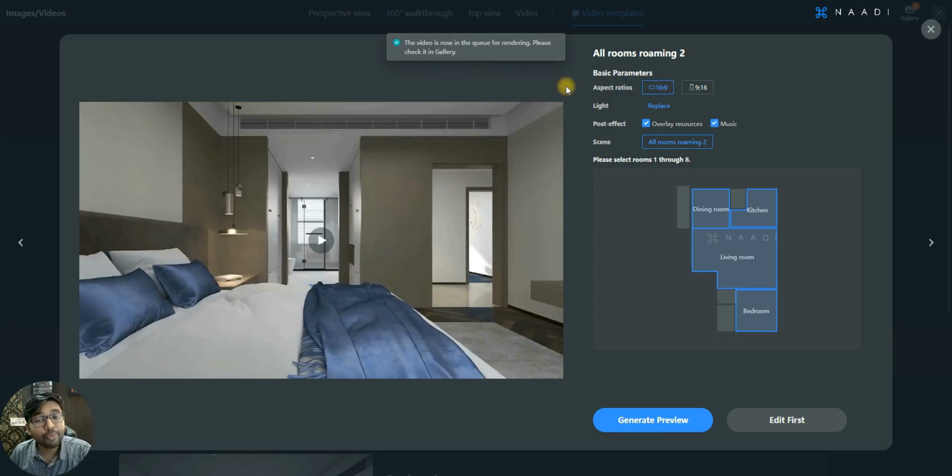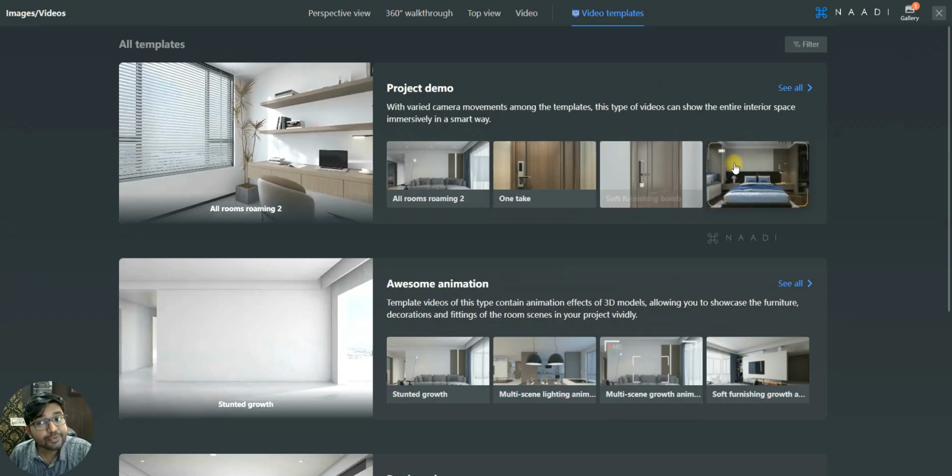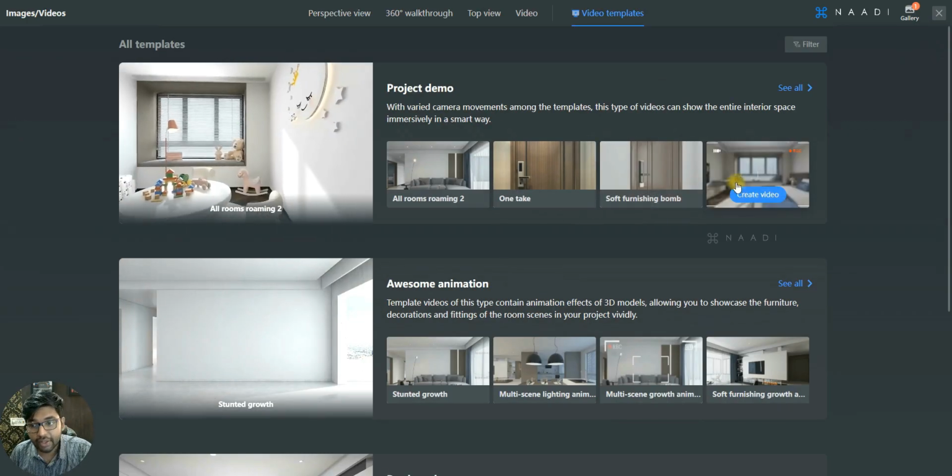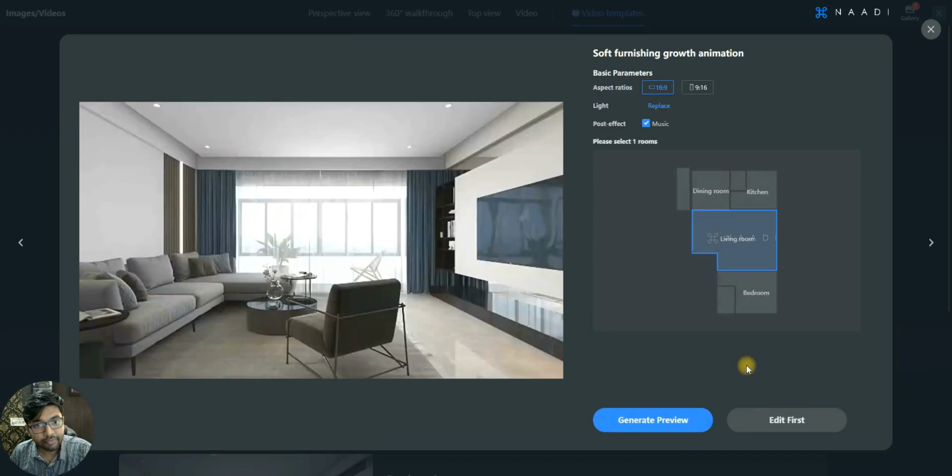So this is how quickly you should be able to select a template, apply it to your project, edit it based on your requirement and get it ready for rendering. And this template that we looked at now is just a single template. This way you have different types of templates here. For example, if you just select this template,